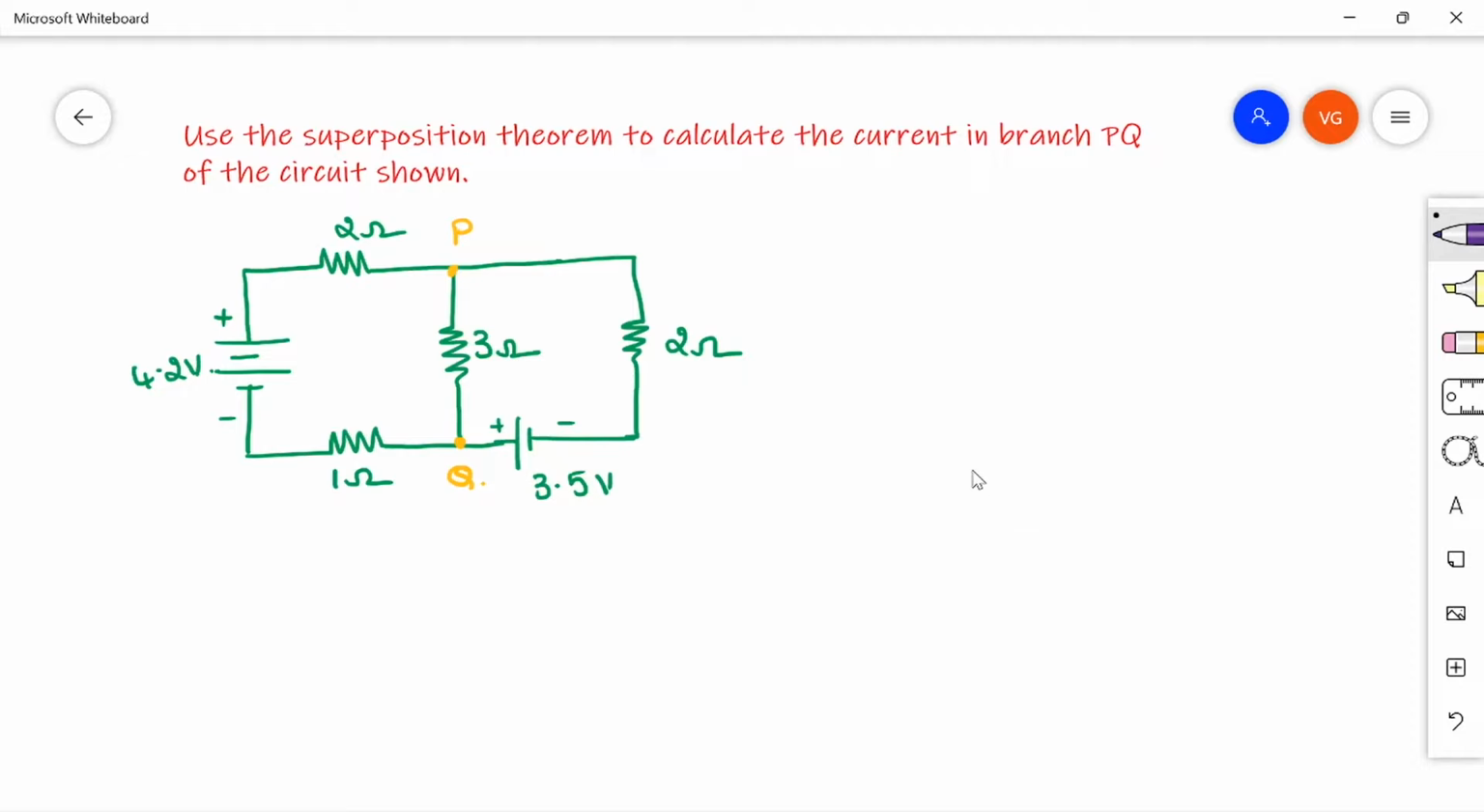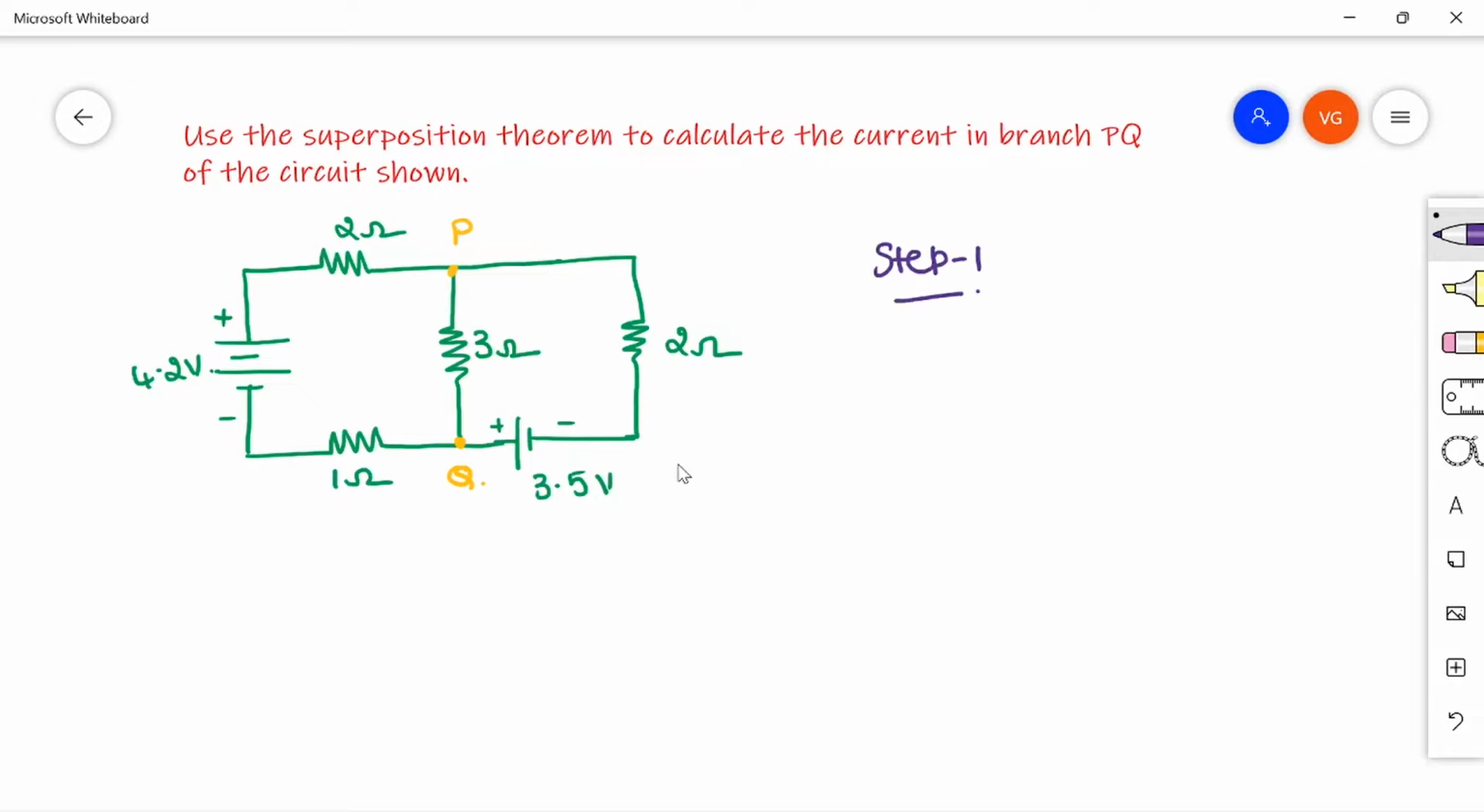So, according to superposition theorem, each source has to be considered independently. In the given circuit, I have two voltage sources. So, we have to consider each source separately and replace the other source with its internal impedance. So, step 1,